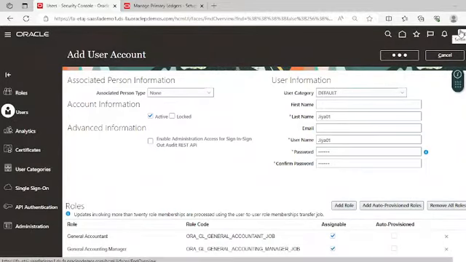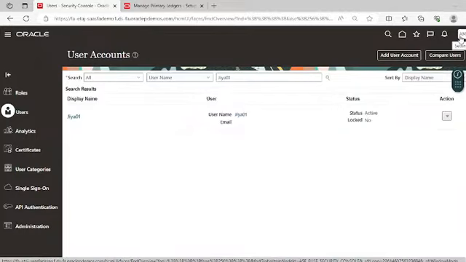We have provided the GL roles to this user,